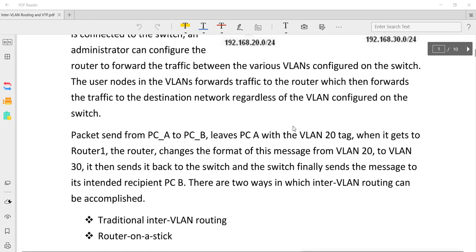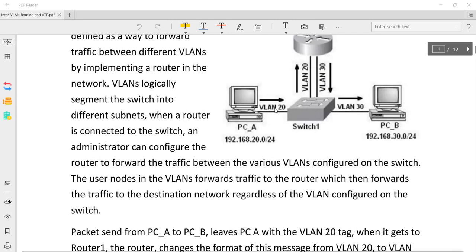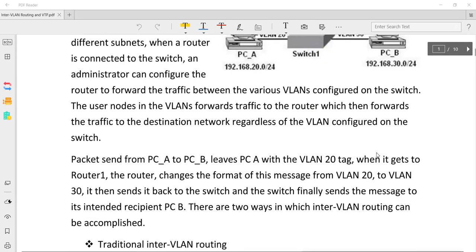A packet sent from PC A to PC B leaves PC A with the VLAN 20 tag. Then when it gets to the router, the router changes the format of this message from VLAN 20 to VLAN 30 and sends it back to the switch, and the switch finally sends the message to its intended recipient, PC B.